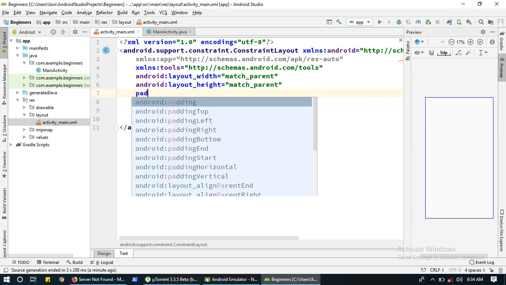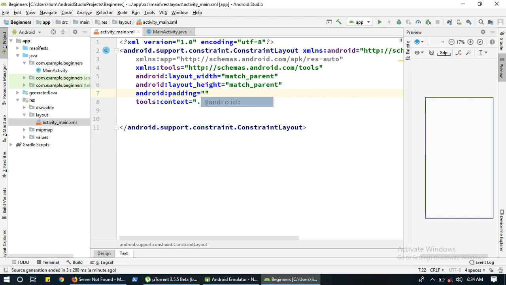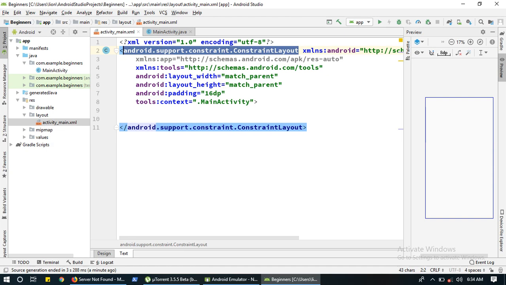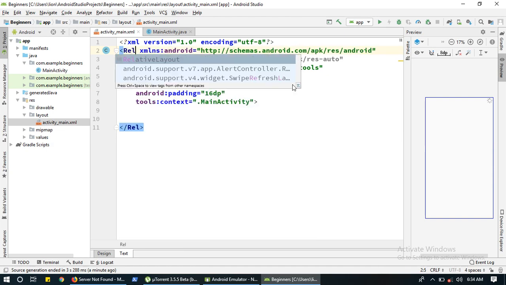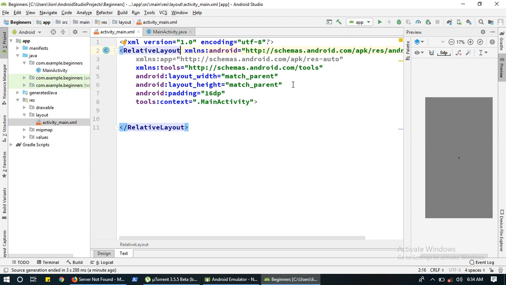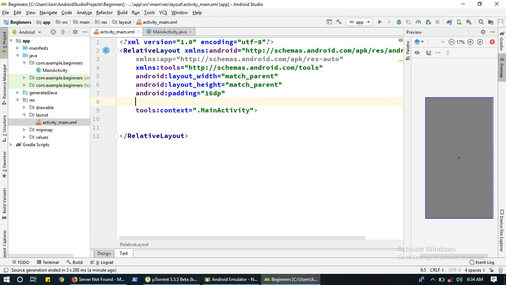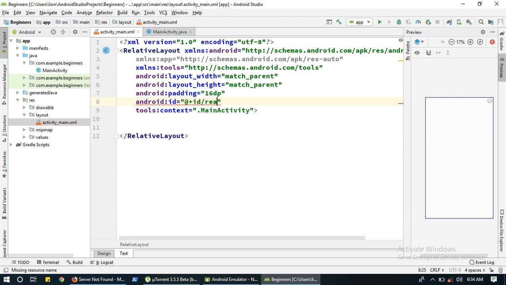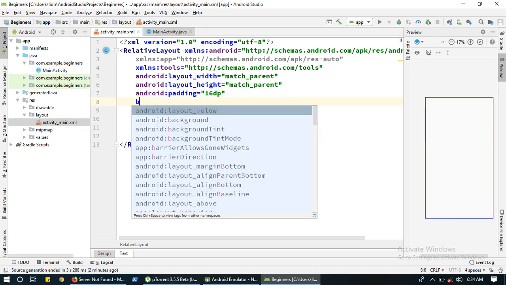So here I am going to first write the padding, 16 padding I want. But I want to change the layout here, so I want to set the layout, relative layout, this one. And after that, set the ID for the relative layout. So ID: relative layout. Background color will be